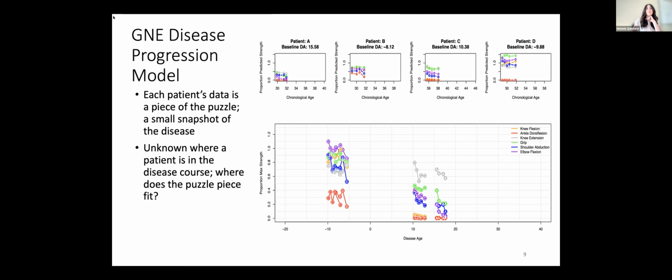However, if we can take all of those snapshots and align them, think of them as pieces of the puzzle, put them together, then we can get a better understanding of what the whole disease course looks like. So that's really our goal here, and that's really our challenge: how do we align these individuals? Where do they fit into the puzzle in terms of this disease? We can actually use the data itself to help us align these individuals, fit them where we think they are in the disease course given their observed data.